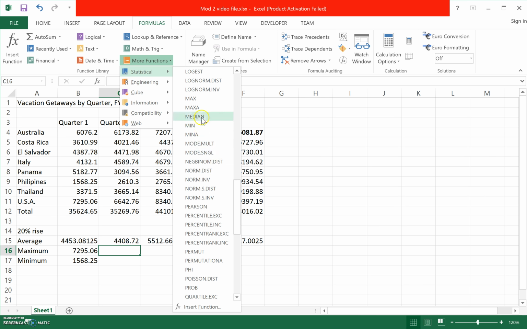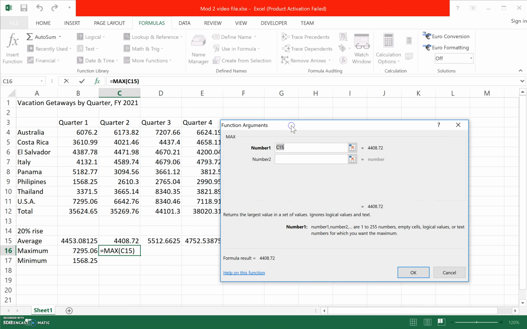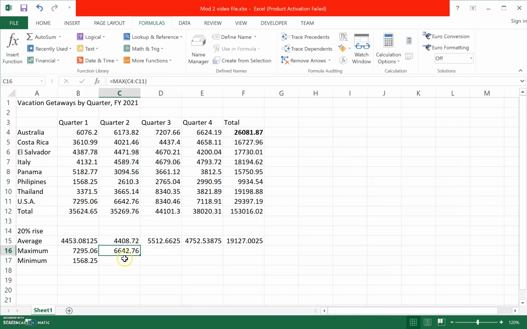That's where a lot of that stuff's going to be. Counting, minimum, maximum, median, those are going to be in the statistical piece. So if I want the max function, I click on the max function, and where are my numbers that I want to mess with? Well, I'm going to grab all of those. Okay, and again, you can absolute reference it if you choose or not. That's fine. It's up to you guys. I'm going to not this time because I would like to be able to drag this across. And as I drag it without absolute referencing, it moves as I go. See? And I'll do the same thing for minimum, more functions, statistical,